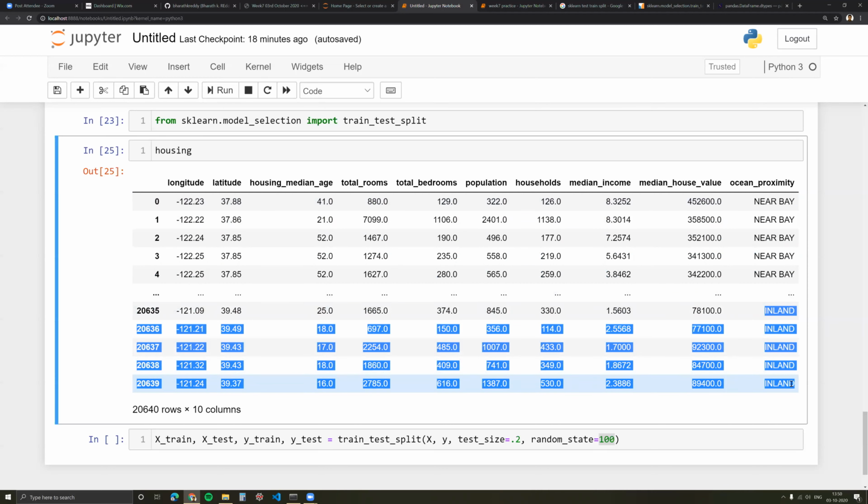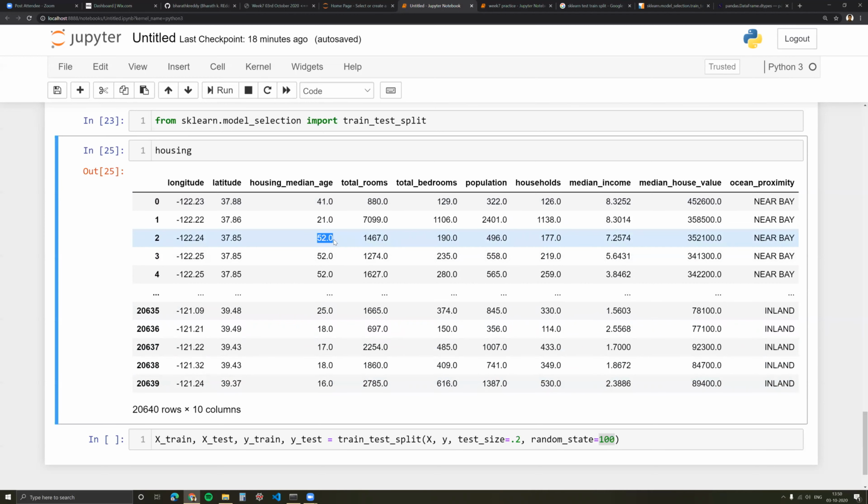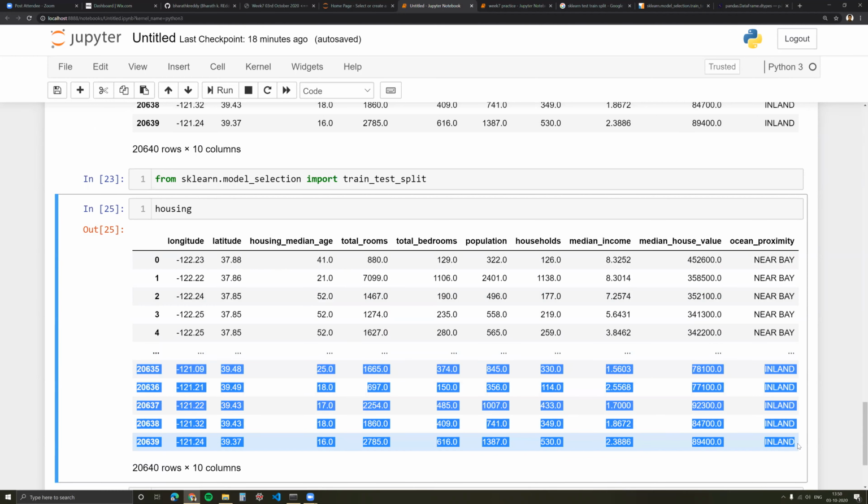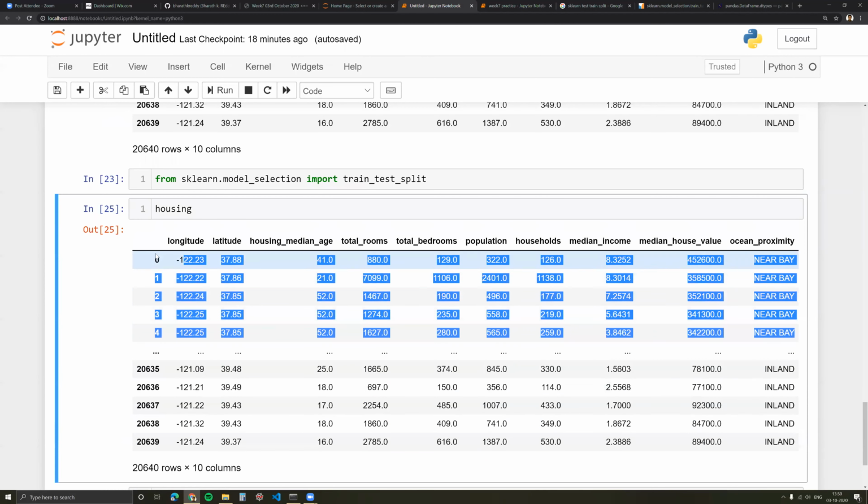And that is actually a true measure of how good your algorithm is, because this truly should be unseen. If you have already seen this and you have already used this data to impute something, that means you have polluted your test to a certain extent, and your model might show better accuracy than how it would actually perform in real life. That's why we never touch the test data set until we have done all our pre-processing on the training data set.